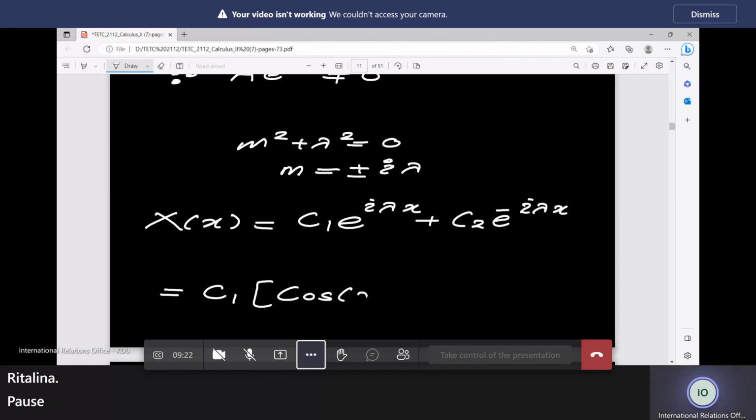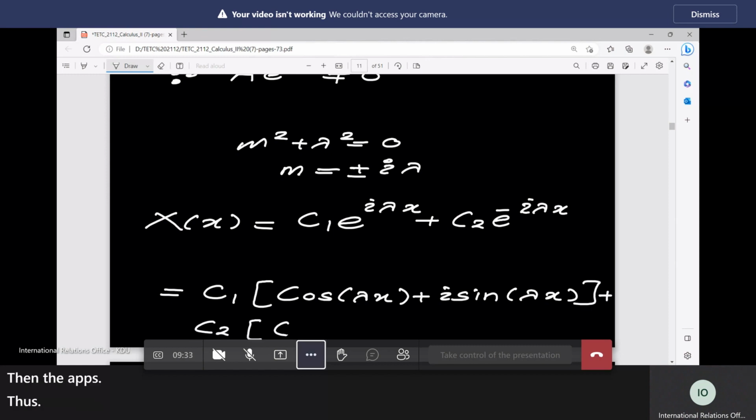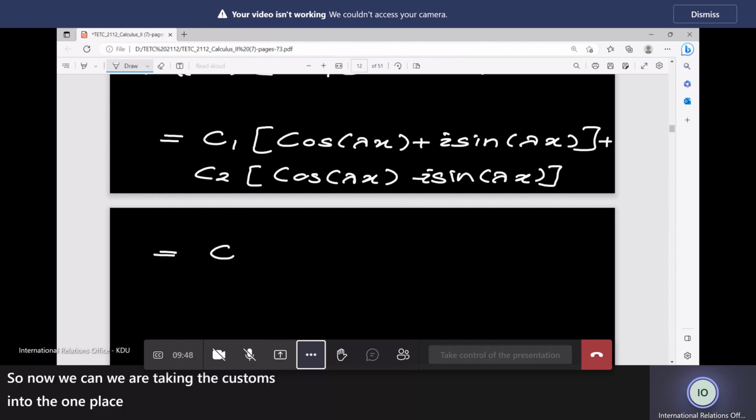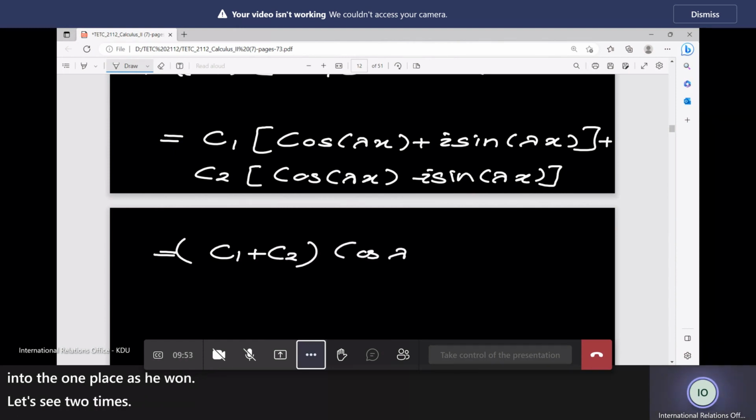cos lambda x plus I sin lambda x plus C2 times cos lambda x minus I sin lambda x. So now we are taking the cos terms into the one place as C1 plus C2 times cos lambda x plus C1 minus C2 times I,